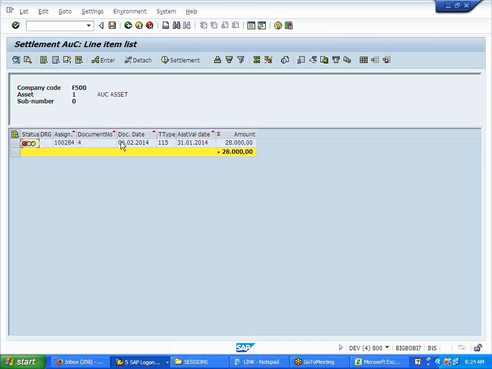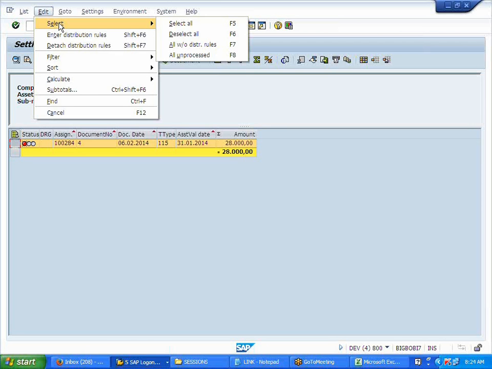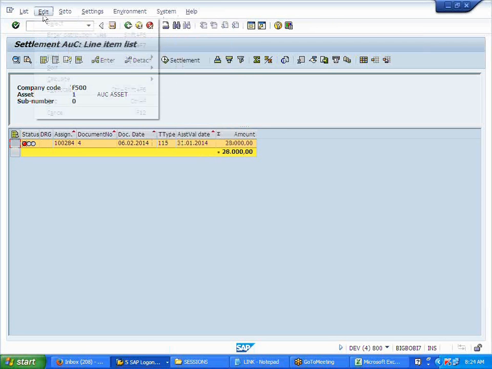It shows in red color, see? That AUC asset. You select this, either you select this way or you edit like this, select all, it is the same. After you select all, click on this, enter. I think it got deselected. You need to select this, click on this.